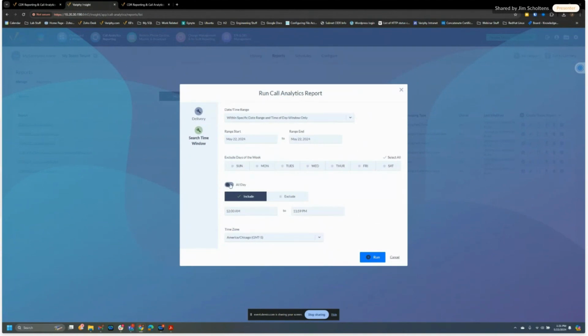I can choose if I don't want all day. I could choose all day, or I can put in time. So if you're just open from 8 to 5 or 9 to 6 or whatever, you can put those hours in, and it'll exclude all the other hours. Just include